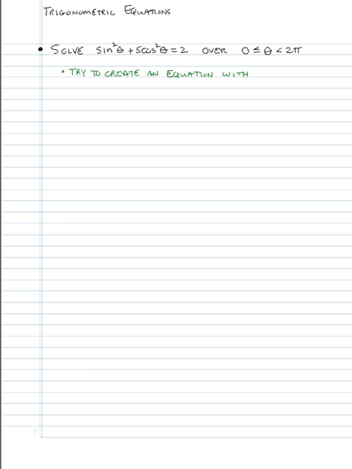So try to create an equation with a single trig function, in other words, only sine or only cosine. It may occur more than once, but we want to have only one trigonometric function, unless we can factor ahead of time. And so a lot of times what we will do, and we could use either case here,